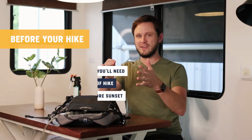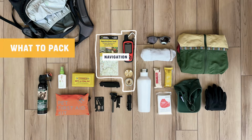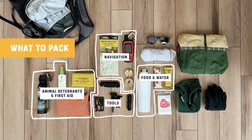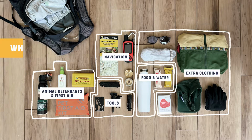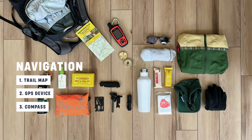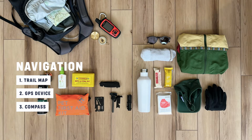So the fun part, let's get into the gear we're going to need. Let's run through those categories: navigation, animal deterrents and first aid, tools, food and water, and extra clothing. In the navigation category, we have a good old-fashioned paper map, a satellite communicator and GPS navigation device, and of